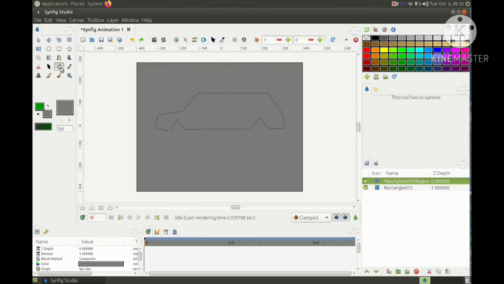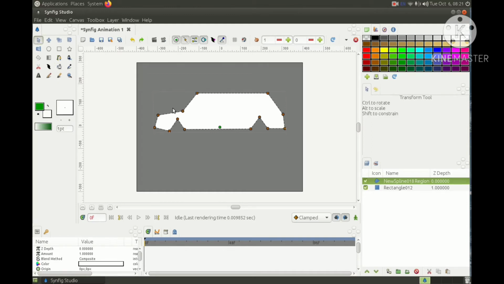Select the fill tool, select the color and fill. Okay. Now we will give smooth curves over here.